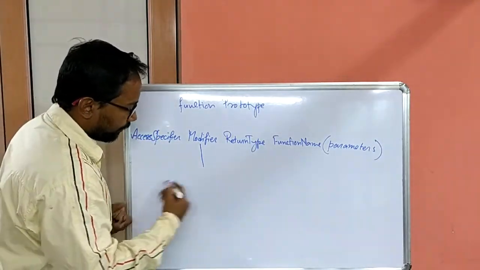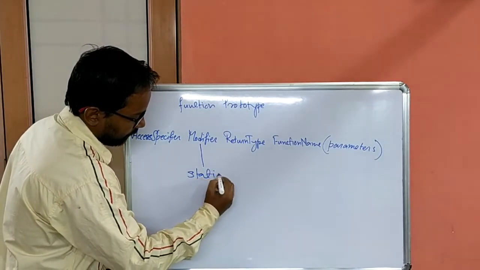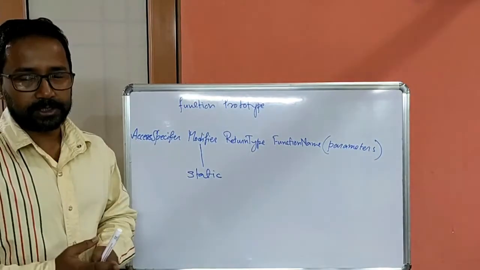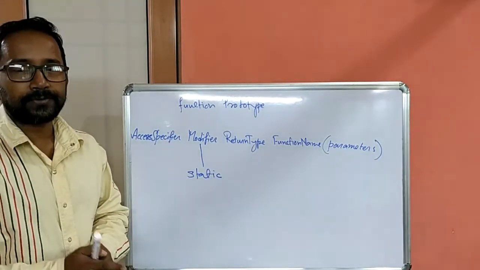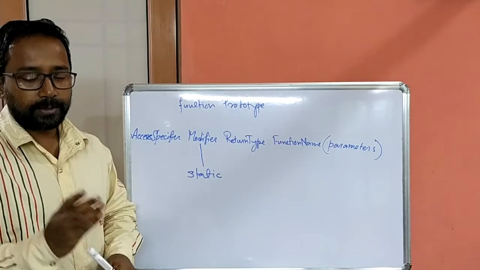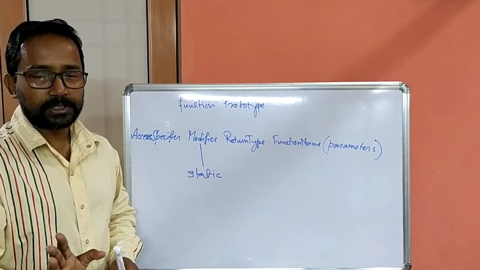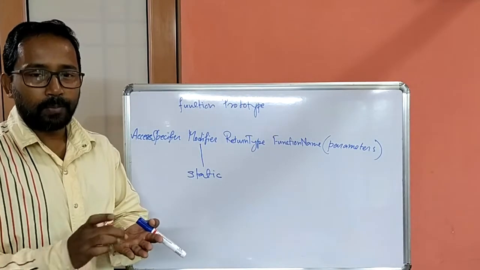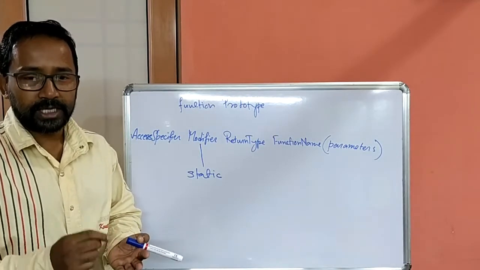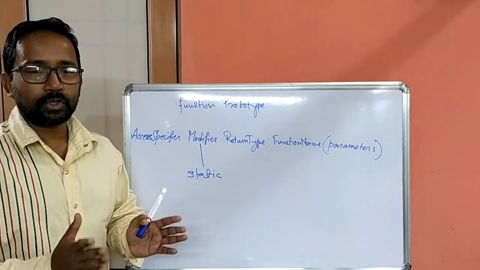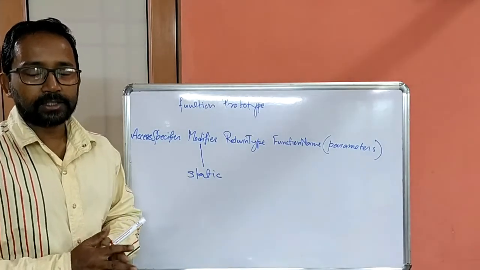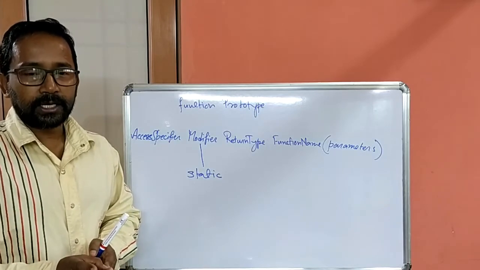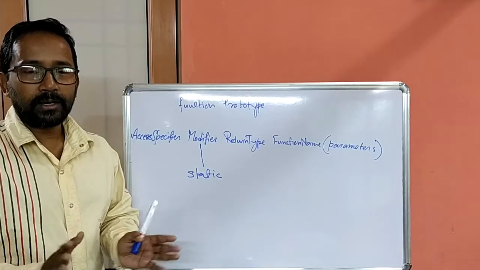So what is that? Static. This is the keyword which makes the function a class function. That means without creating an object of a class, we can access this function by the class name. Like in the Math class, all functions are static functions. That's why we always use the class name Math to access them, like Math.pow, Math.max, Math.min, Math.sqrt, Math.floor. In all wrapper classes also the functions are static. Like in the Character class: toUpperCase, isLowerCase, isDigit, isWhitespace. Then in the Integer class, toString, parseInt, all are static functions.